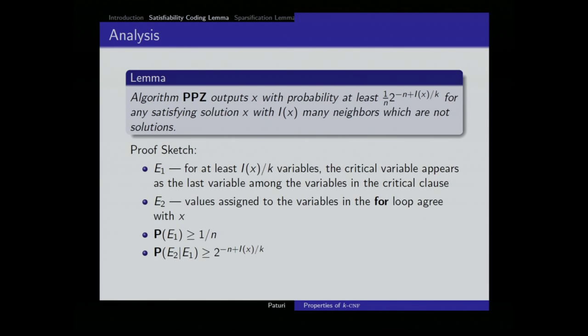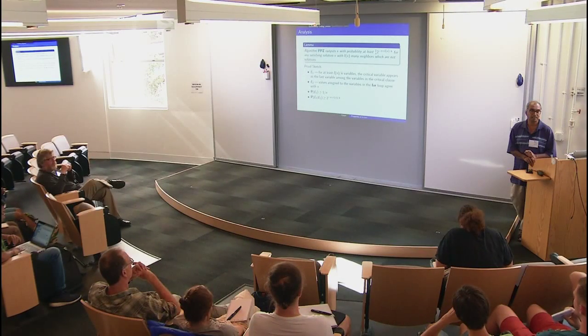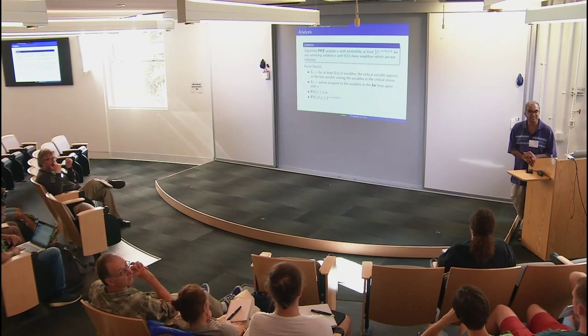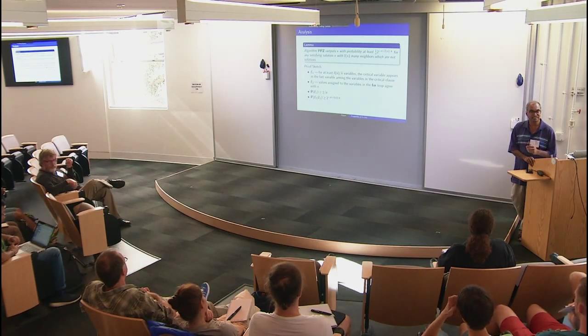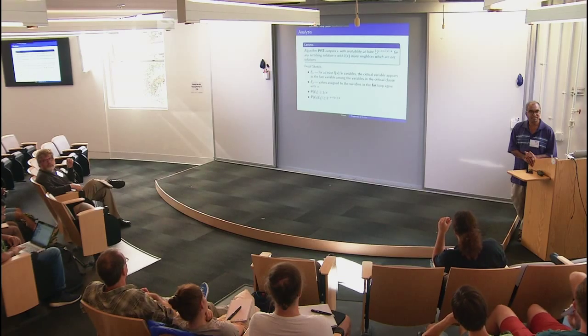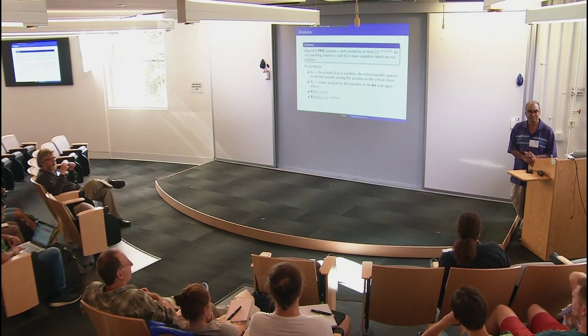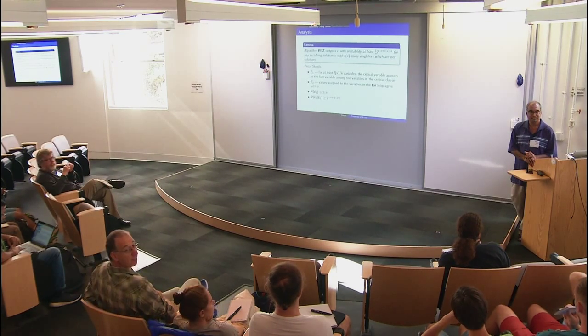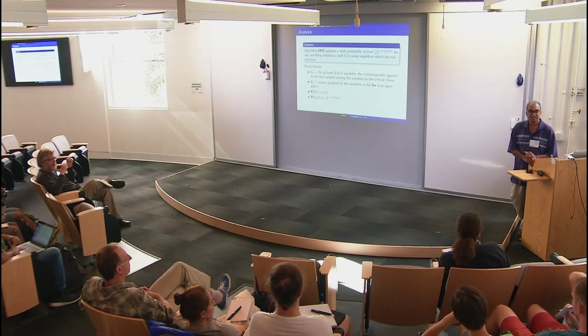It seems strange that L of x appears positively in this formula. This is the probability: the more isolated the solution is, the easier it is to find. You would think that, so the probability will increase the more isolated it is. Is there some way to account for it? Because if the solution is not isolated, if there are a lot of variables that could go either way and it's still a solution, it seems like that should also make it easier to find, just because there's so much space in which it exists.